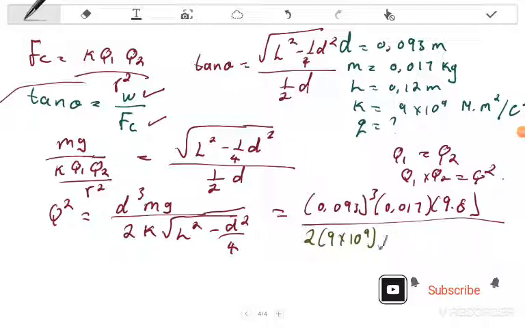And then you have the square root of L squared, where L is 0.12, and then minus D squared over 4, where D is 0.093. You square that, and divide by 4. So therefore you are going to get that Q squared is equal to